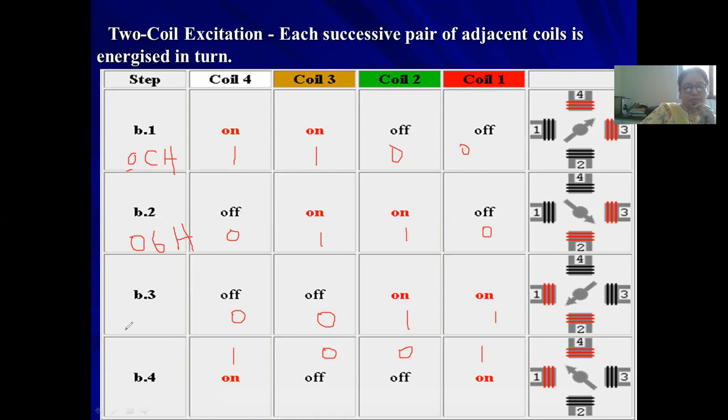And here also this is 04 H, and next is 09 in hexadecimal number.